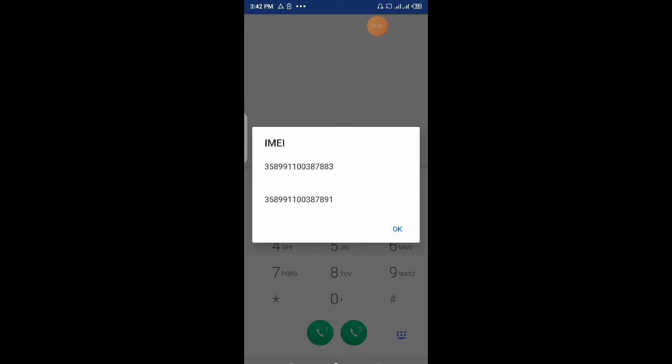You can equally find this code, this information, on the back of the carton that you bought the smartphone in, or at times some phones have it gummed